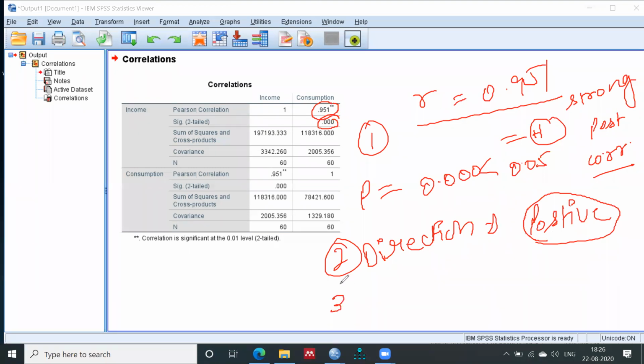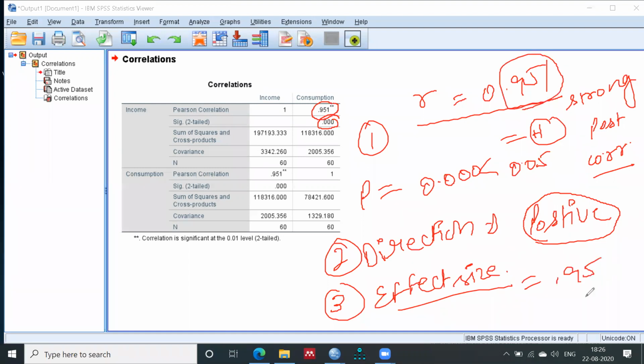And the third one, effect size. Effect size is the value. My value is 0.951. As per the rule that I explained, if the value is greater than 0.7, then there is a strong relationship. For this case, the p value is less than alpha, direction is positive, and effect size is strong.